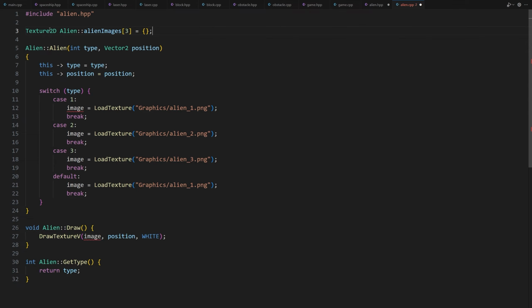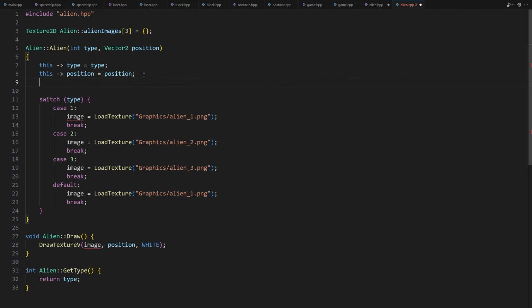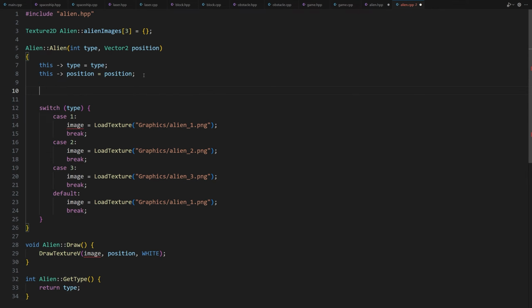So its image will be inside the alienImages array, and we will use the type of the alien as the index. So if we want to load the image of a type 1 alien, we can do this. alienImages[type - 1]. Now we need to check if the texture we get is initialized or not. If it is not initialized, it will contain zeros. The struct contains a property id which we can check.